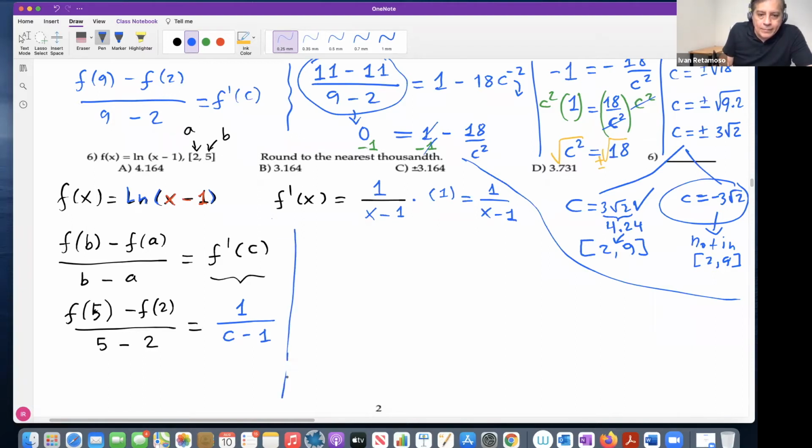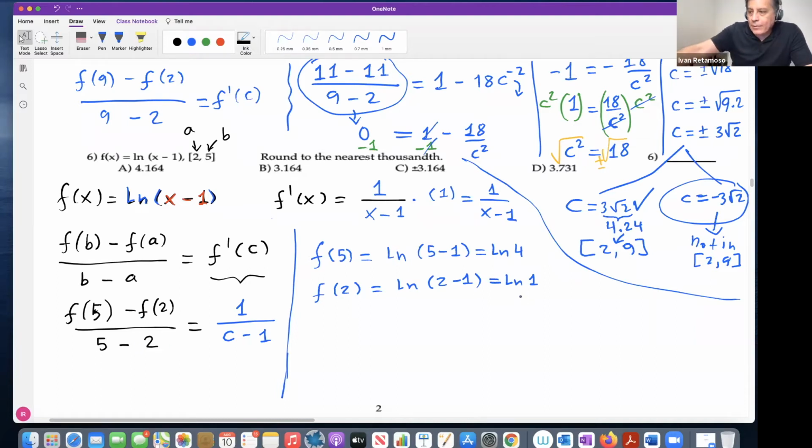So now you see here, what is f of 5? Let's figure out what is f of 5. F of 5 is natural log of 5 minus 1, right? Natural log of 4, right? That's f of 5. F of 2 is natural log of 2 minus 1 equal natural log of 1. Now, you can work with these guys, put them there,